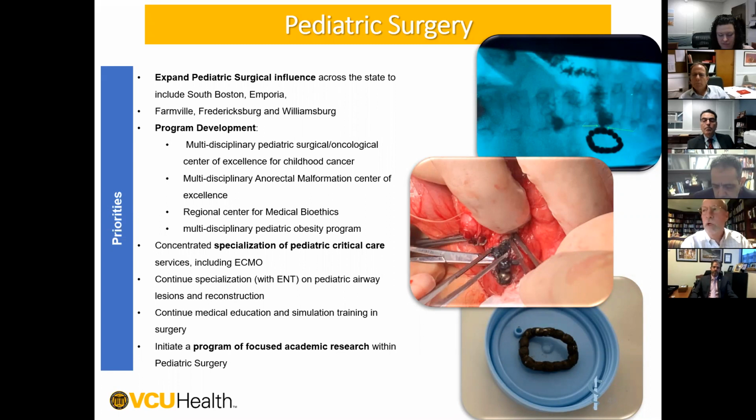We received a call from an outlying group, in surprise at what this might be. And that led to a series of studies and upper GI barium enema studies that were suggestive, but far from conclusive, for what looked like a very, very strange anomaly. And that led to the child having an upper GI endoscopy and then a laparotomy for what turned out, as you see there in the picture in the center, to be a series of ingested magnets, completely unknown to the family, of course,